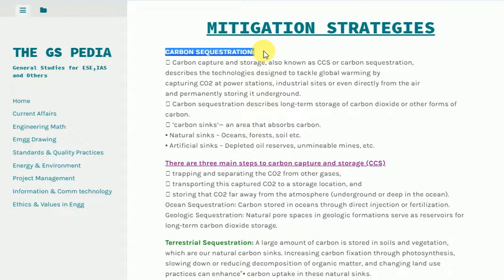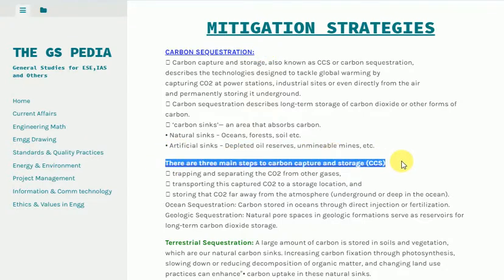Carbon sinks are areas that absorb carbon. Natural sinks: oceans, forests, soil, etc. Artificial sinks: depleted oil reserves, unminable mines, etc. There are three main steps to carbon capture and storage, CCS: trapping and separating the CO2 from other gases, transporting this captured CO2 to a storage location, and storing that CO2 far away from the atmosphere, underground or deep